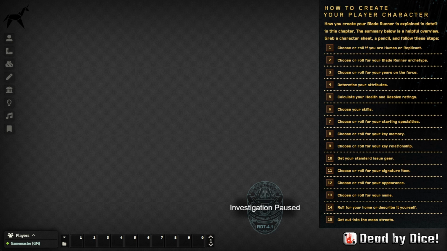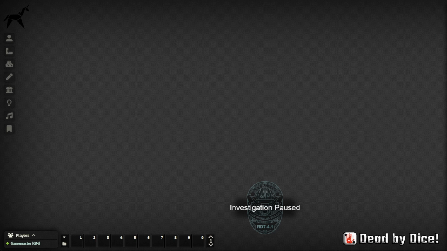So you have, for example, here, choose or roll if you're a human or replicant, choose or roll for your Blade Runner archetype, and so on. This makes it very easy to create characters within Blade Runner. So I will shut that down now because it will hide other things on the screen when we create the